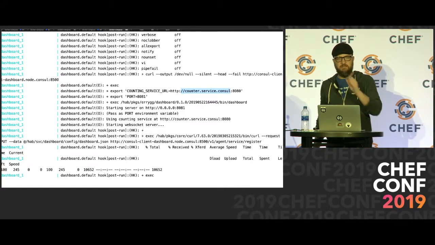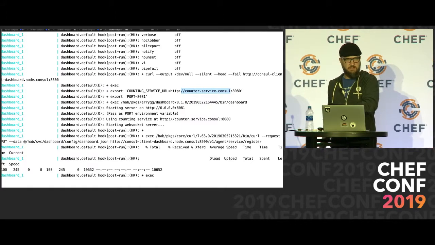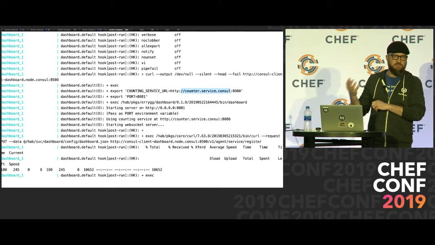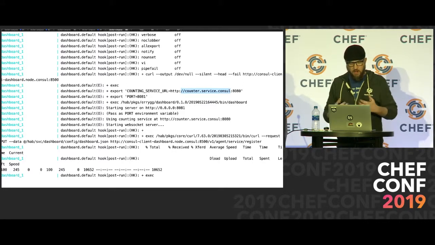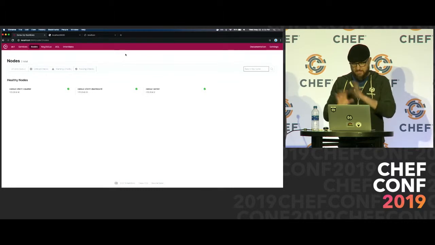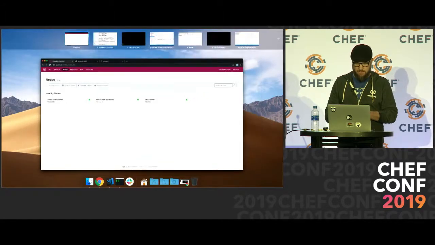That name, in conjunction with DNS mask, is then, we're using the DNS interface for Consul to actually grab that service. So now I don't have to put in any sort of environmental information. All I have to know is that I want this service name, and that's it. And this is all put together using Habitat. So